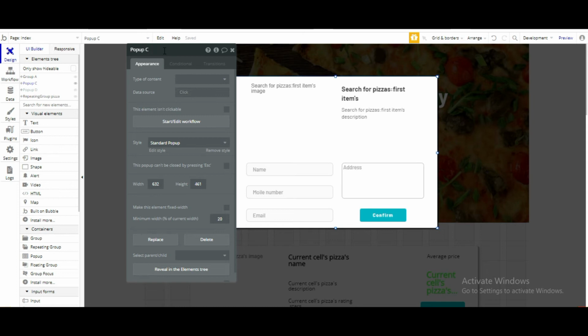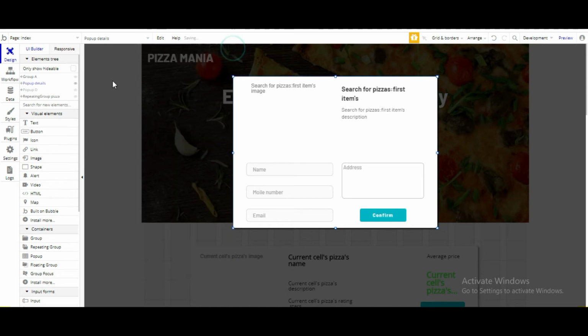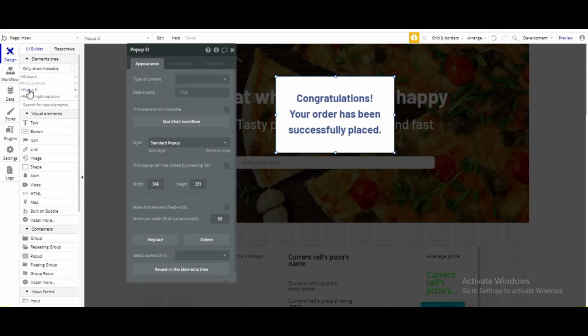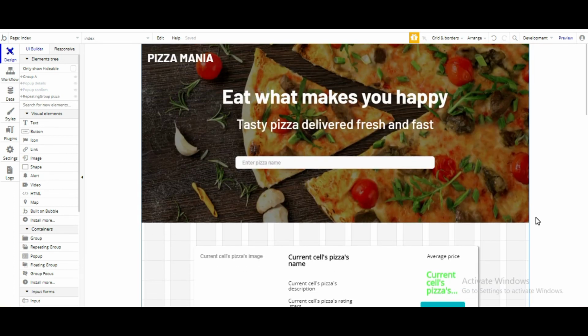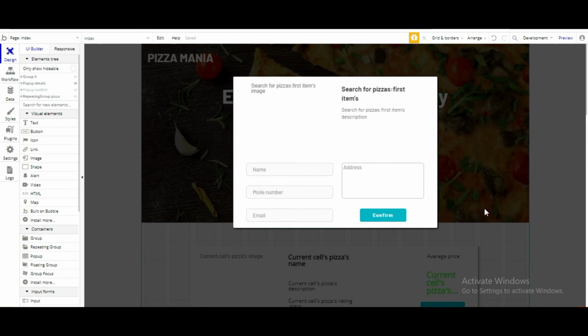Let me just name it pop-up details. And let me just name this as pop-up confirm. So these were our two pop-ups. So this is our details pop-up.